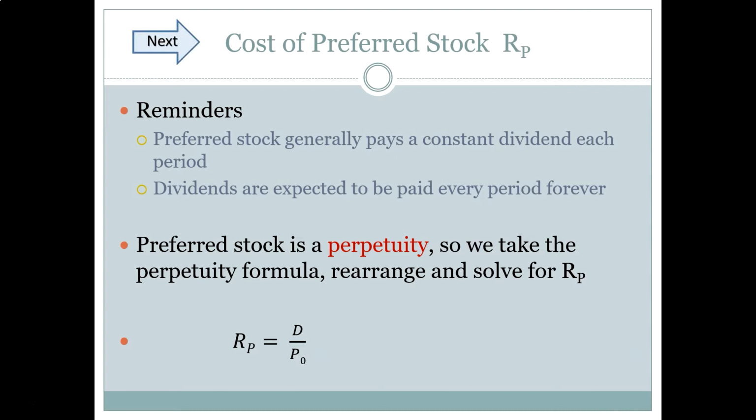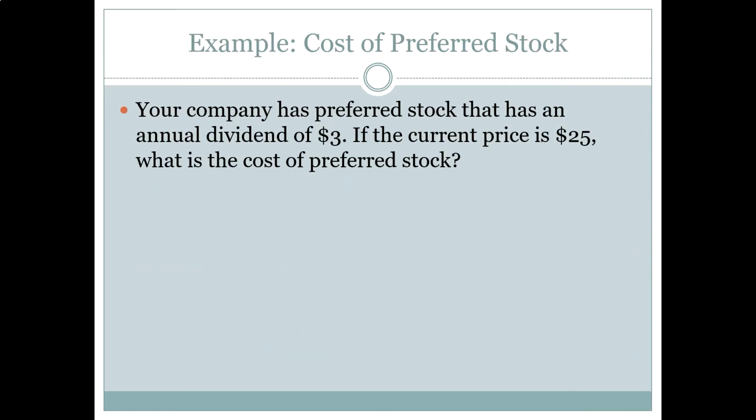But this makes preferred stock a perpetuity. And so the perpetuity formula that says the price of a preferred share is equal to the dividend divided by the required rate of return can be rearranged, just like the dividend growth model can be, to say that the required return or the expected return of a preferred share is equal to the dividend divided by the price. Right? And so that's how we calculate the cost of preferred shares for a firm. And I'm going to, again, do a really simple example here. We've worked a few of these, so I won't go over this in any more depth.